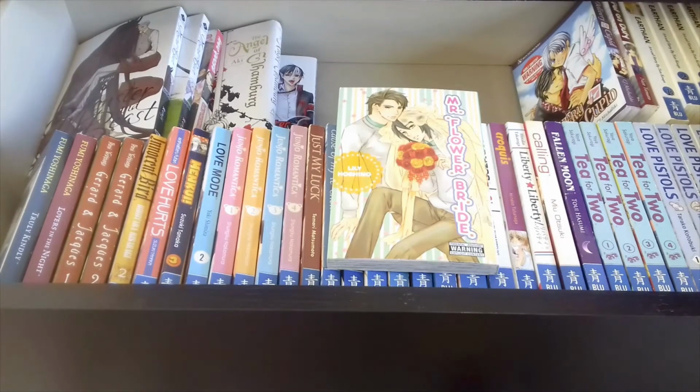The next one is Mr. Flower Bride, and this is actually a pair with Mr. Flower Groom. If you're interested, Mr. Flower Bride along with Mr. Flower Groom were some of the Lily Hoshino titles that were released by Yen Press quite early on in their publications. So this was their first foray into BL, and then they stopped. They just went on a big Lily Hoshino publishing jaunt and then stopped, which was a bit of a shame because I really like Lily Hoshino,